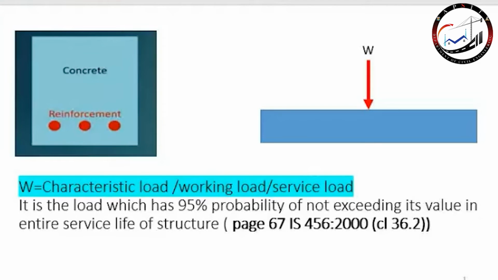Collapse may occur because of various reasons, as I said. There are other reasons which you must be knowing, like the overturning of the structure can take place, the sliding of the structure can take place, there can be a fracture of the structure, anything can happen. But what is our aim as a designer? That we prevent the collapse of the structure. That is, we are intended for the safety of the structure for the life for which it is to be designed. So safety is important.